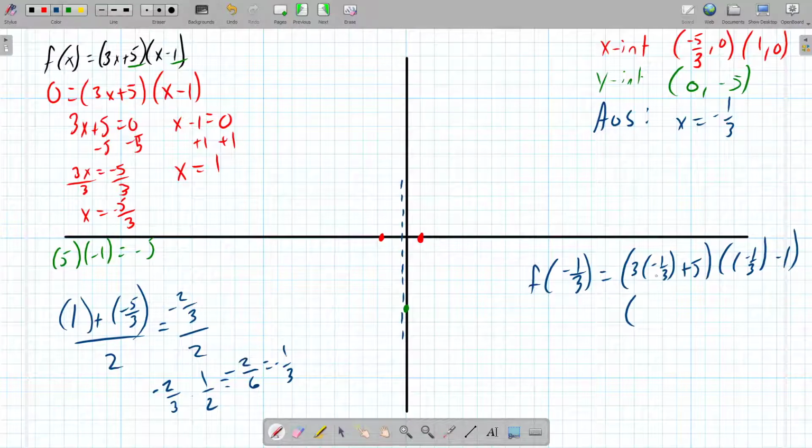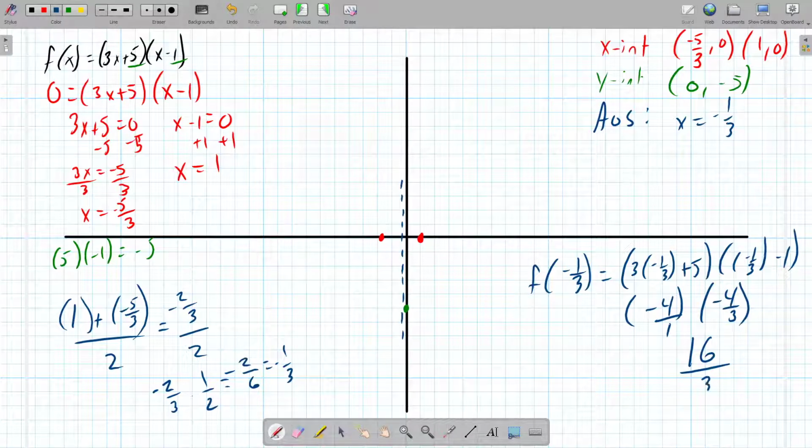Well, 3 times negative 1/3 is negative 1. Adding 5, we get negative 4. And negative 1/3 minus 1 is going to give us negative 4/3. This negative 4 can be rewritten as over 1 so that we can have two fractions and multiply straight across the top and straight across the bottom. So negative 4 times negative 4 gives us positive 16. 1 times 3 gives us 3. 16/3 is going to be the y value,